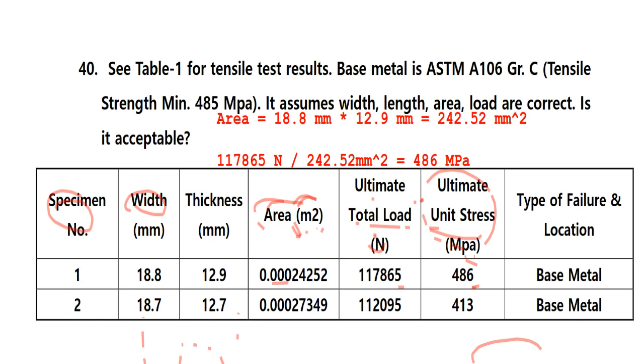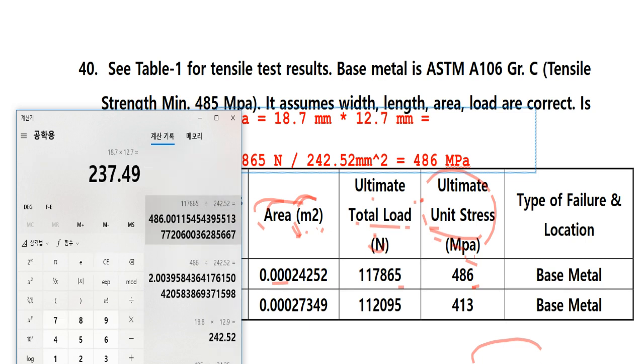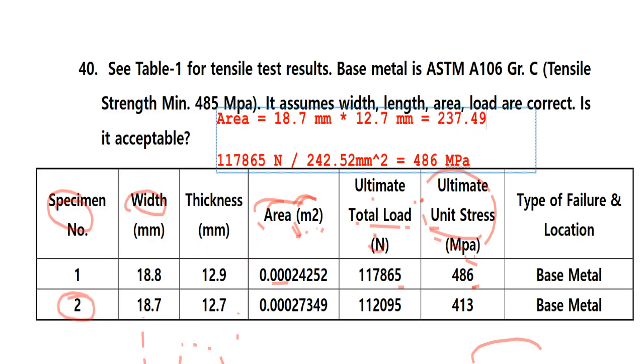We're calculating specimen number 2. I write down the equation: 18.7 times 12.7. 18.7 times 12.7, which is 237.49. This is again square millimeter, and here